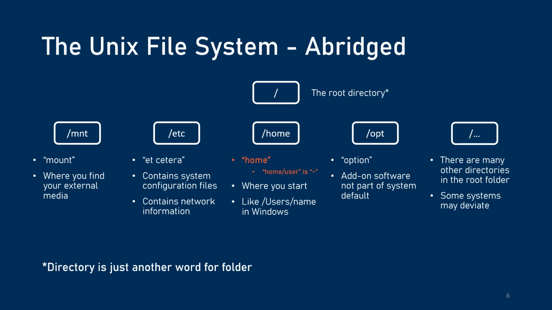Now, slash mnt means mount. This is where you'll put your external media. So if you have a hard drive plugged in, it'll probably be under mount. Slash etc has system configuration files. Slash opt is option. This is where the add-on software you install goes. It's kind of like programs on Windows. And then